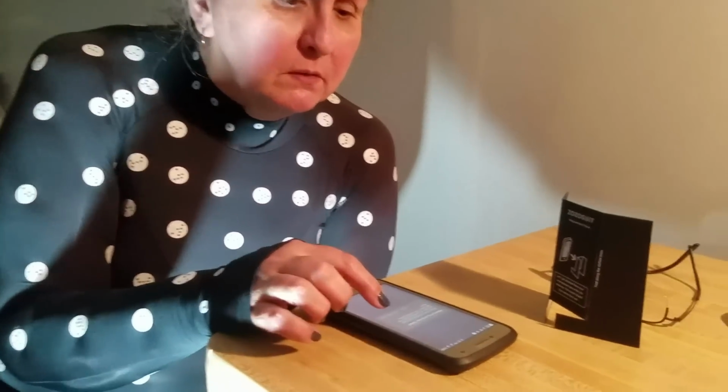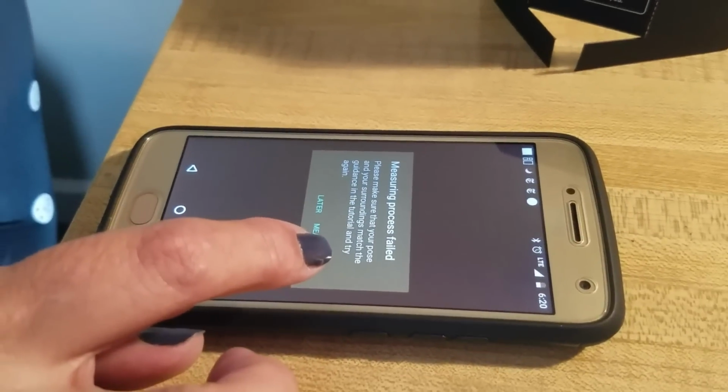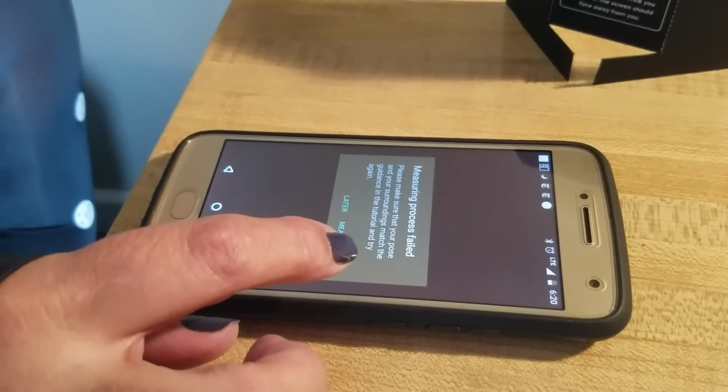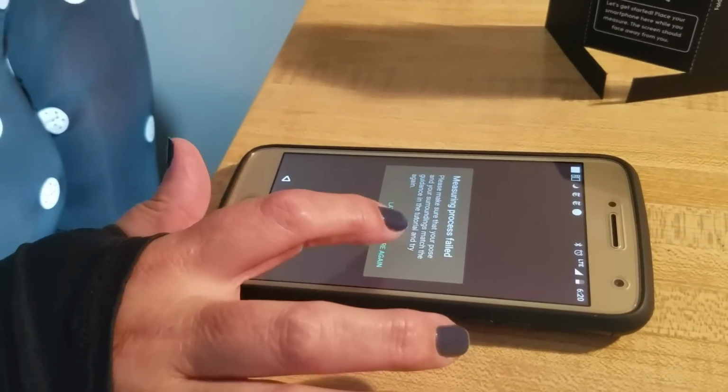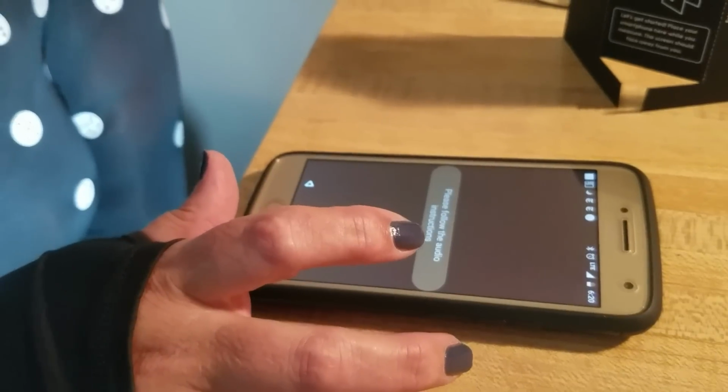Yeah. Measuring process failed. How would it fail? Please make sure that your pose and your surroundings. Do we want to do this again? We will proceed with